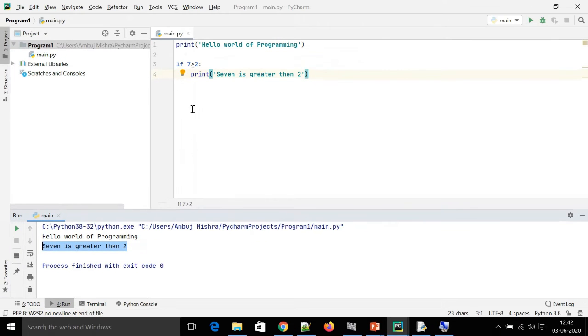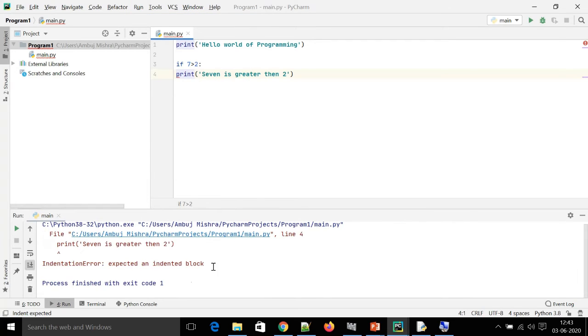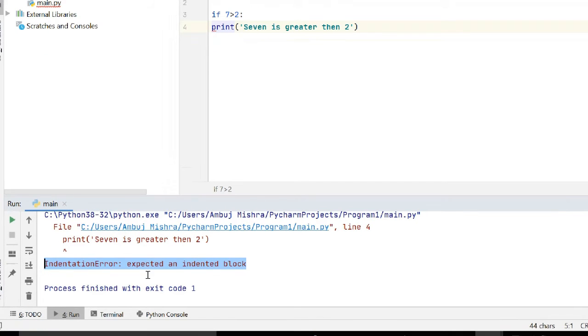Now if I skip this indentation, let's skip this indentation. Now let's execute this program. Run main. Now you can see the indentation error, expected an indented block. So you have to be very careful while writing Python programs. You have to use the indentation, unlike other languages.